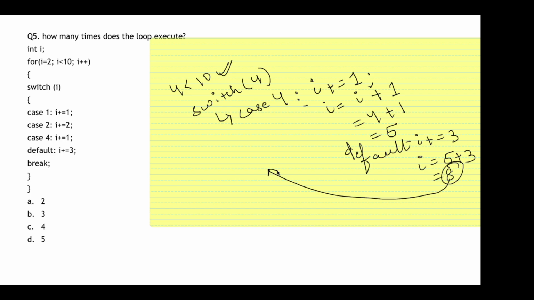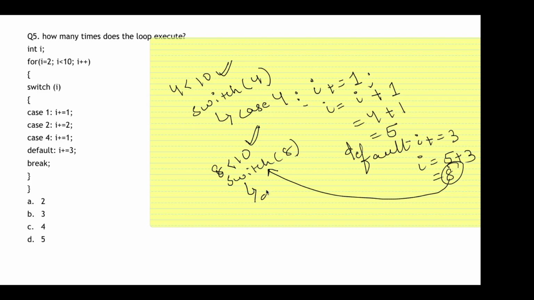Now again it will go over there. Now it will see that 8 less than 10. Is it true? Yes, it's true. So when this is true, it will again come down and it will again execute switch of 8. But since switch of 8 is not available, what will happen?